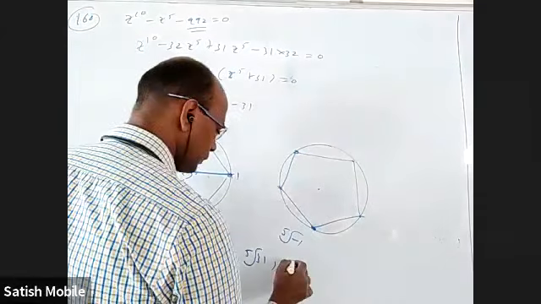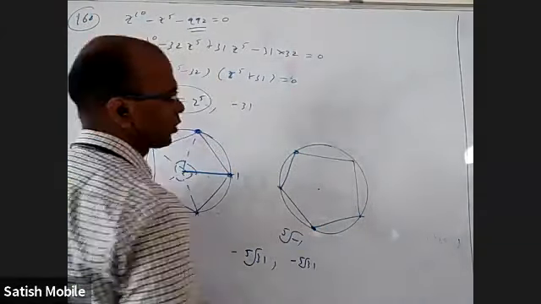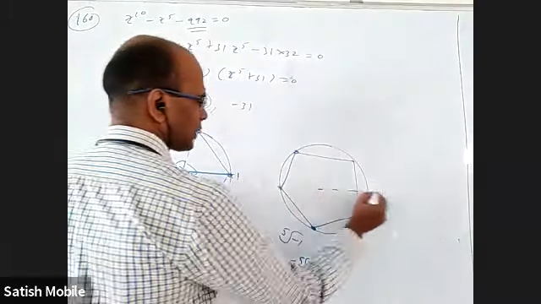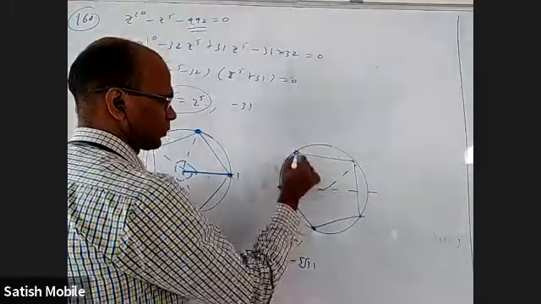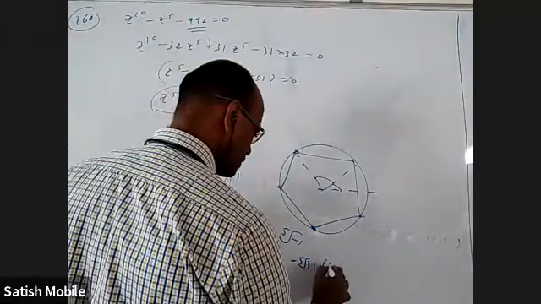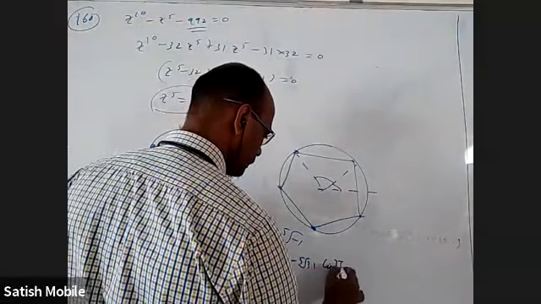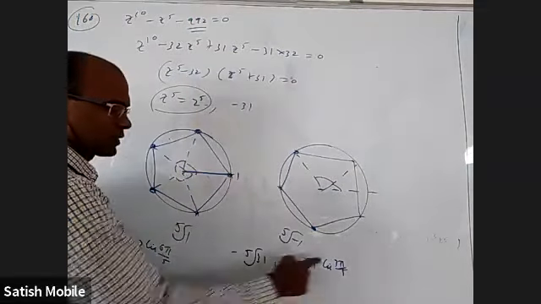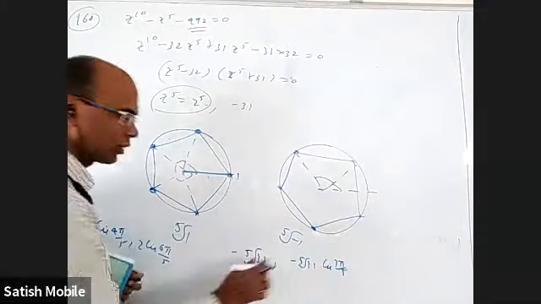These two are minus fifth root of 31. I can tell the angle if somebody wants. This is pi by 5. This is 2 pi by 5. It will be 3 pi by 5. This is 3 pi by 5. This is actually 5 pi by 5. This 5 pi by 5 is this pi, which is minus 1, not minus of this.